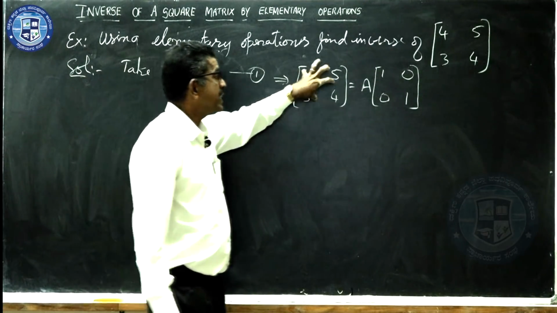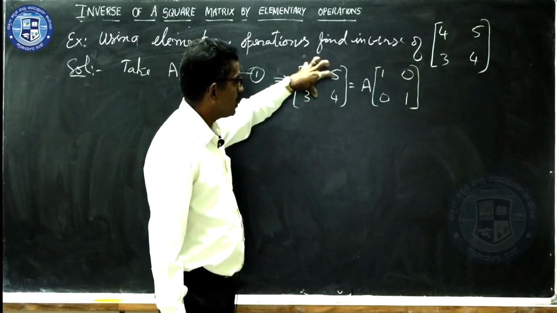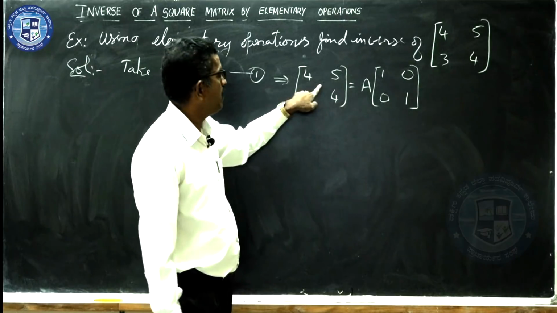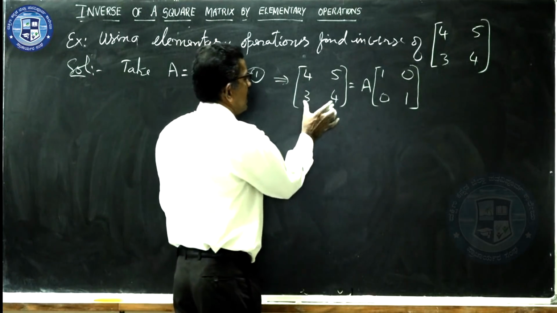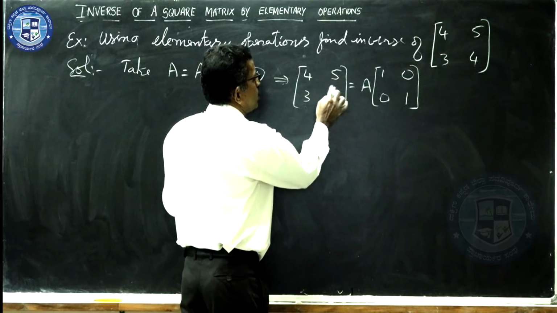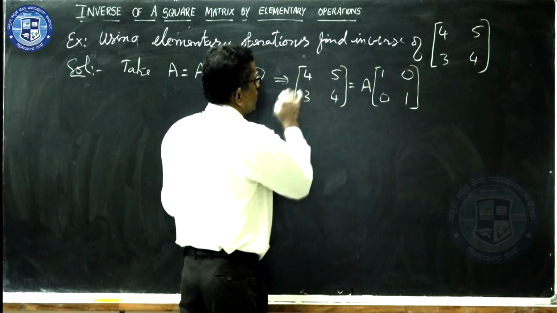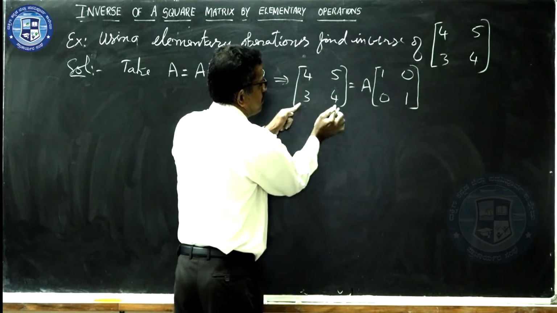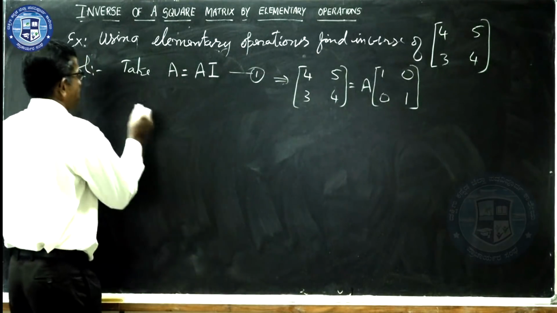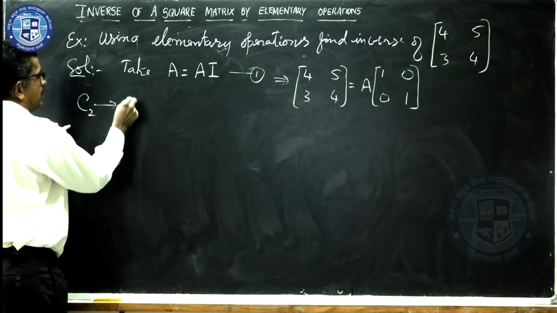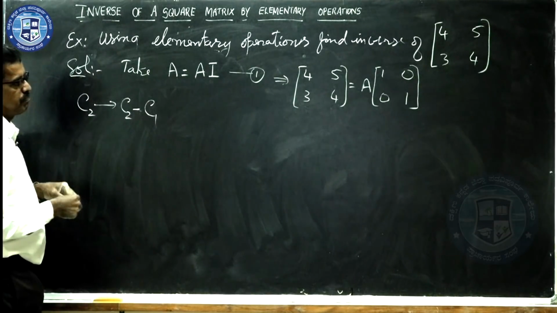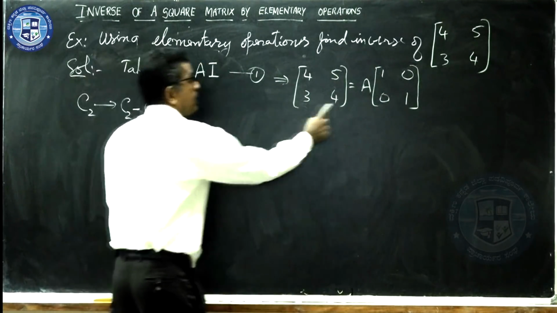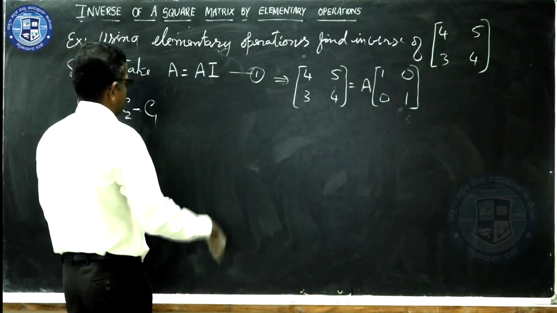Now, we have to make this one identity. How can we make this matrix an identity matrix? Just to plan it properly, to make this an identity, we expect this element to be 1 first. Or you can think of making this one 1, but it may be a little difficult. This can be easily made 1 by subtracting with this. Therefore, what operation do I go with? C2, it is C2 minus C1. Second column minus first column. And the same operation here also to the right hand side matrix.